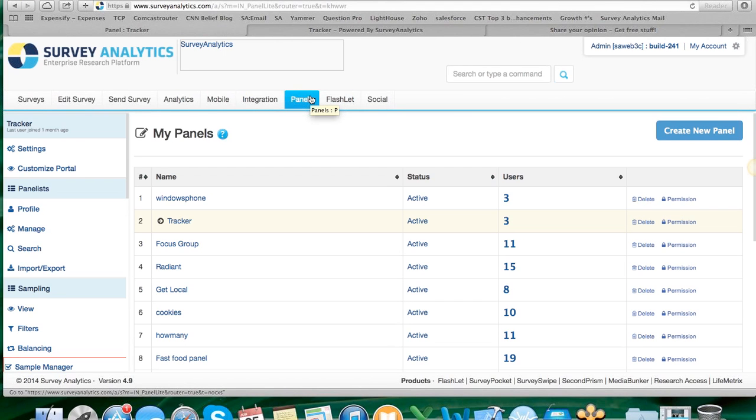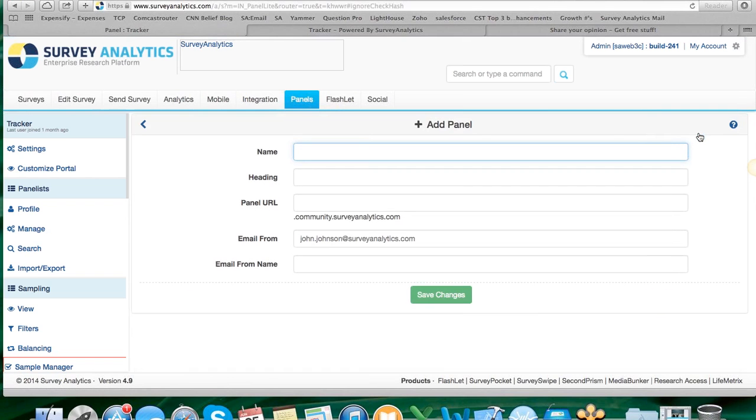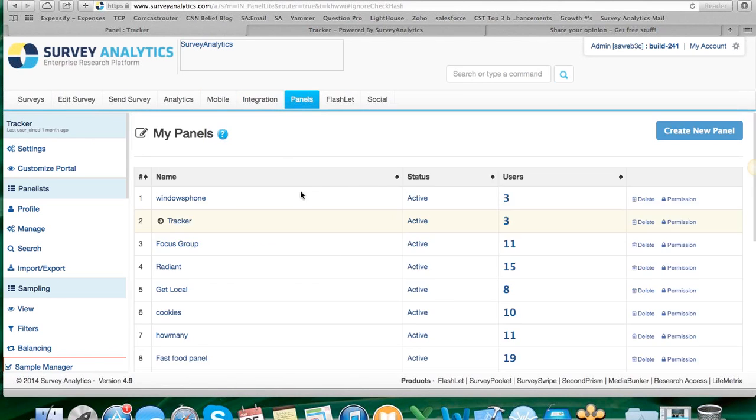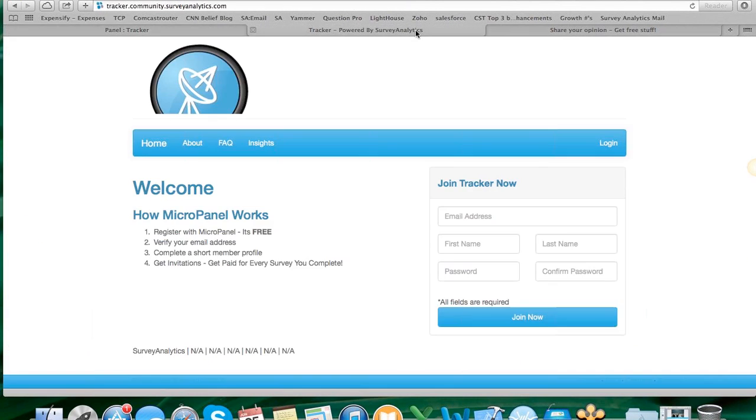And this is where, when you're first coming in, if you haven't already, you're going to click Create a New Panel. And you're going to want to give that panel an identification. You want to give it a name. And our system's going to create a URL for that panel, which gives it a landing portal. So you'll see here, I'm in my panel that's called the tracker panel, okay? And when I talk about a landing page, you can see here,